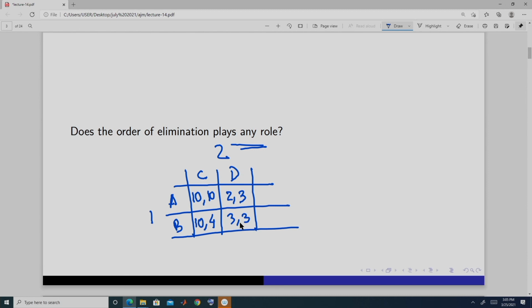Now, here, if you look at this, let us start the game in this way. Suppose we eliminate for player 2. So, we know that D is dominated by C, because 10 is greater than 3 and 4 is greater than 3. So, we can eliminate this action or strategy of player 2. So, the game is now, if we eliminate this,